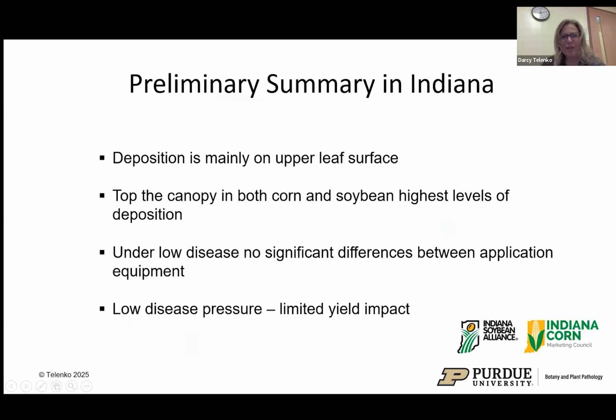So, a summary of what we've been seeing in Indiana. Depositions mainly occur on the upper leaf surface. The top of the canopy in both corn and soybean has the highest level of deposition. When we have low disease pressure, there are no significant differences between application equipment. And that's the caveat I want to remind everybody: when you hear drones are working great,